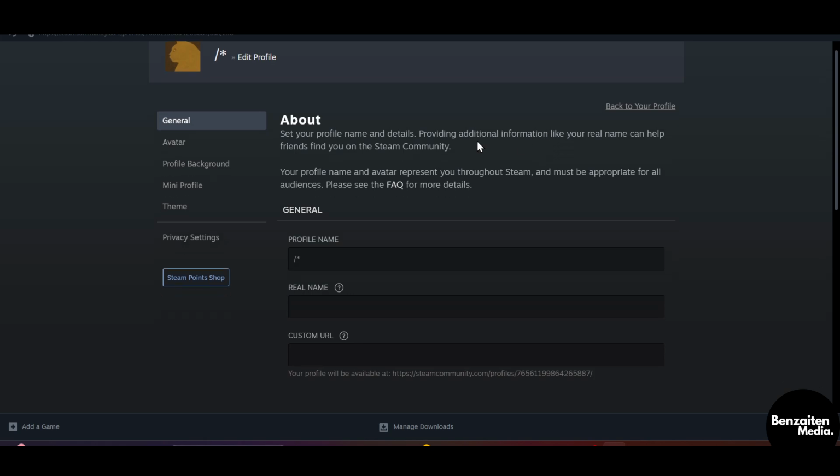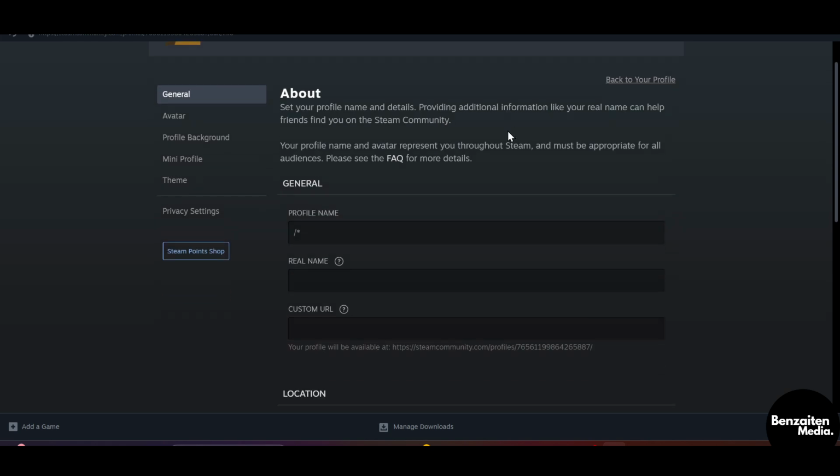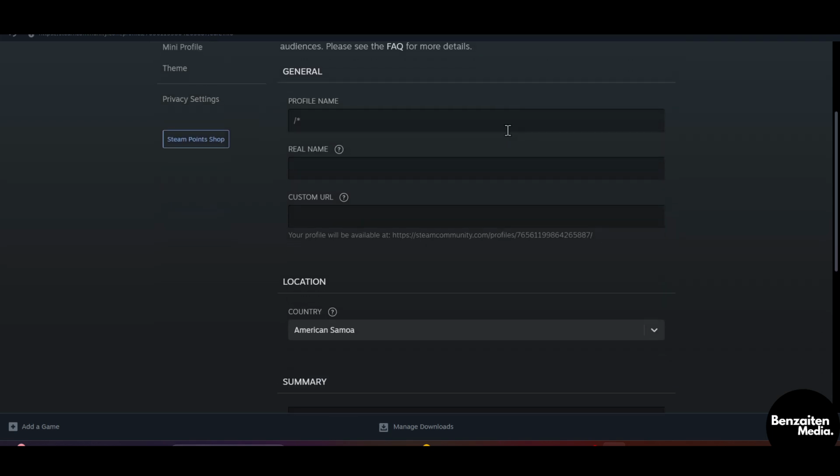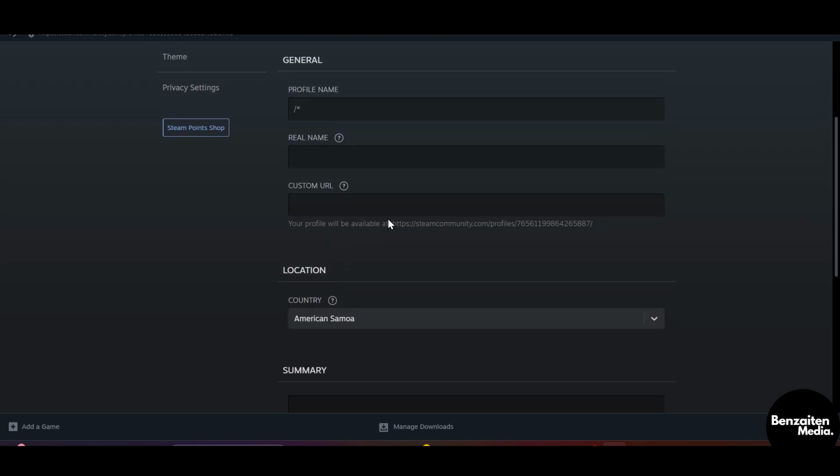And when you come to your edit profile section, here under the general section, you will see the option of custom URL. From here, you can add your own link or your own URL, whatever you like to say. And after adding your custom URL, it will be automatically changed to a button. So this is how you can add a button or a link